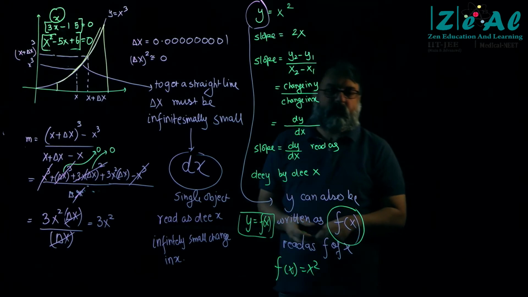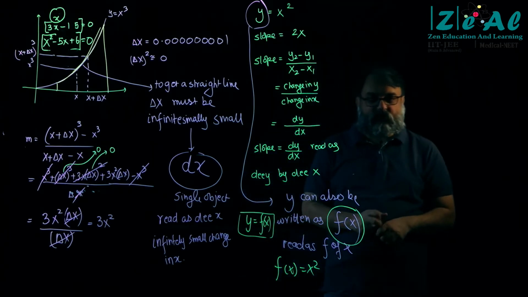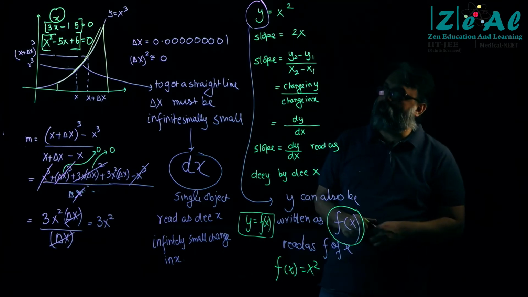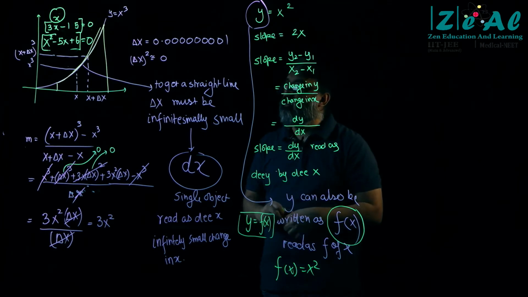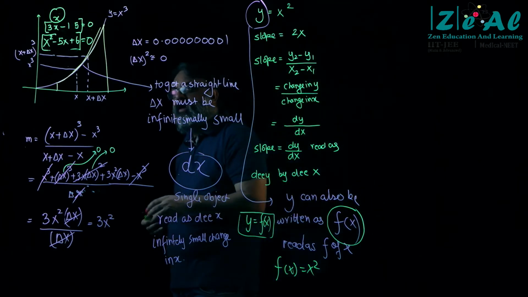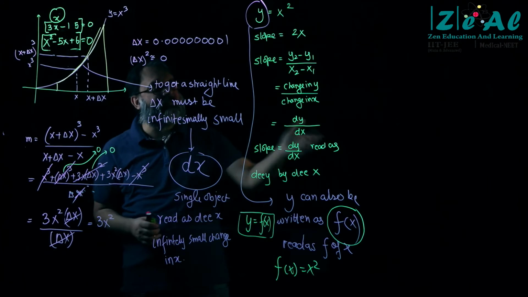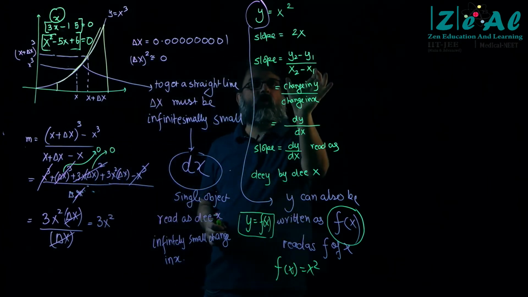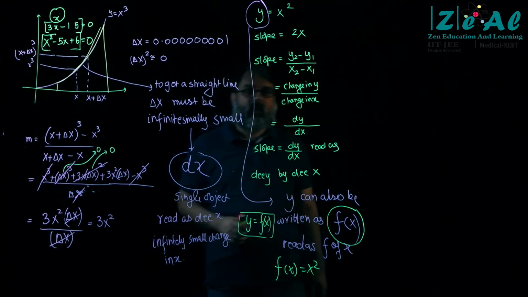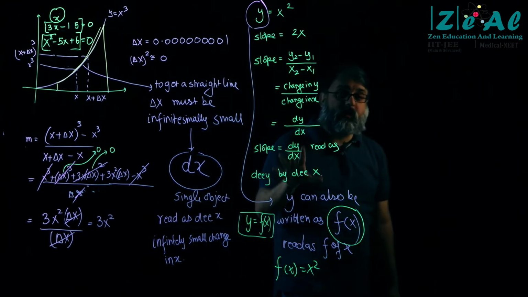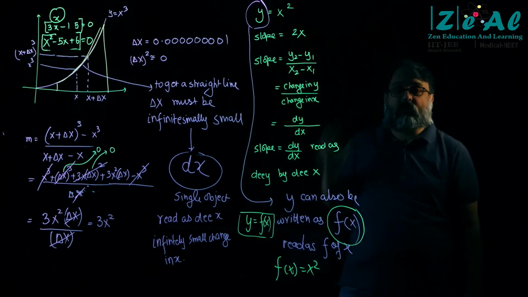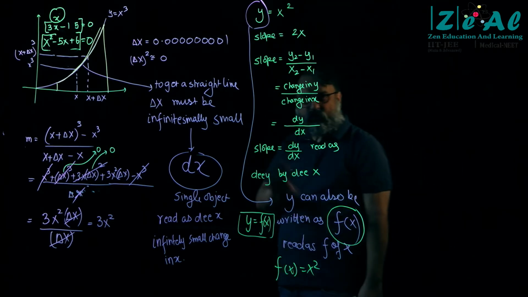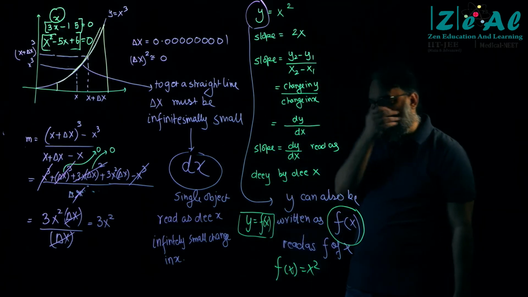So what you do, Smith, is you look at the video of the last class. It is there on YouTube. You look at the video of the last class and you will understand what this formula is. It is nothing but for a straight line, I have defined tan theta as the slope. So tan theta is equal to opposite side over adjacent side. This is the length of the opposite side. This is the length of the adjacent side. How did I get this right angle triangle where this was the opposite side, where this was the adjacent side? Look at the video of the last class and you will understand. It is not difficult at all. Okay.